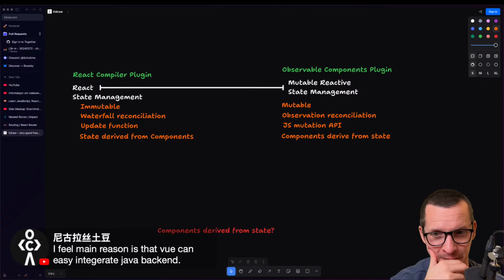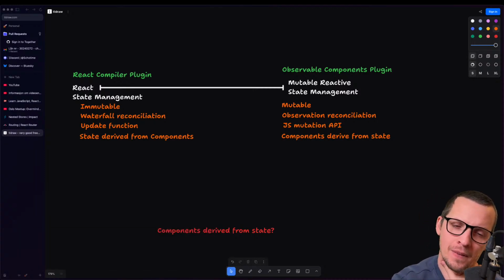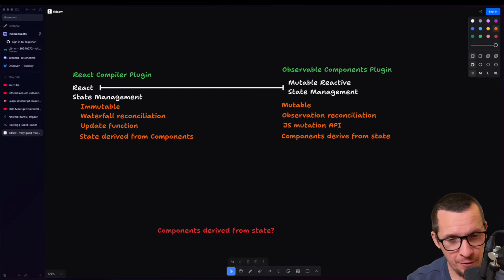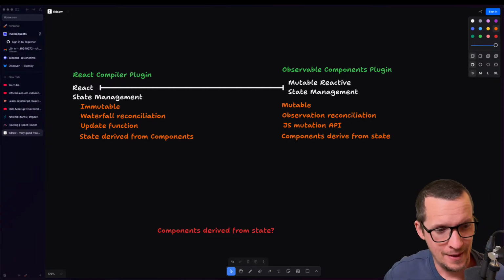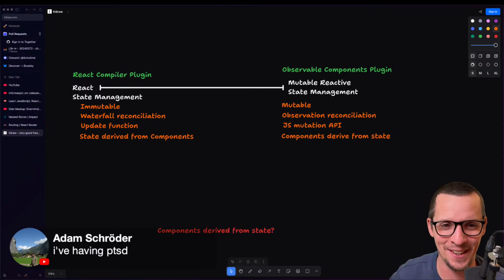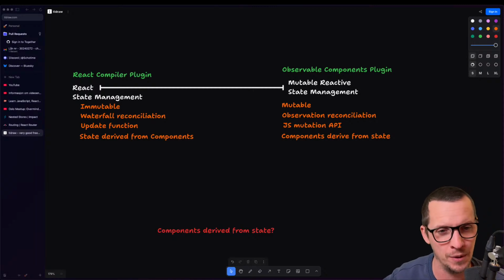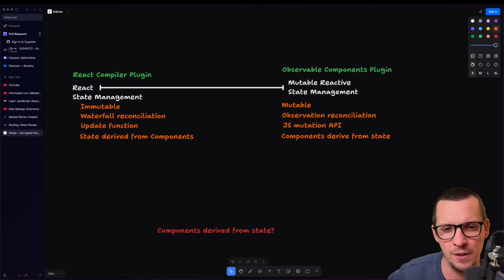Oh, interesting. Yeah. But what I love about Vue is just the team and what they're working on with Vite and what's it called now?